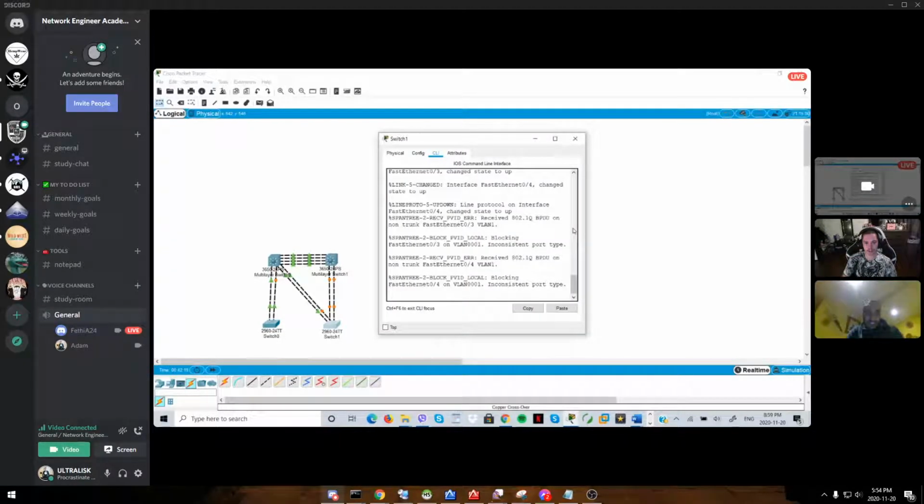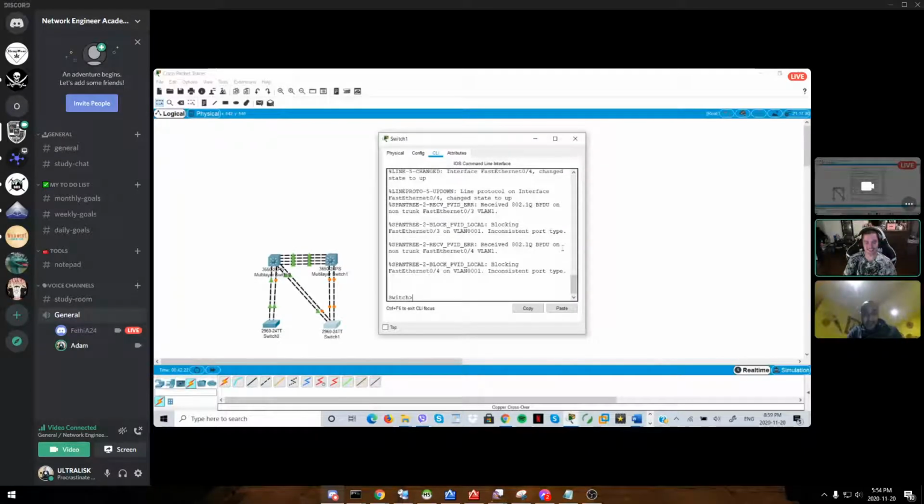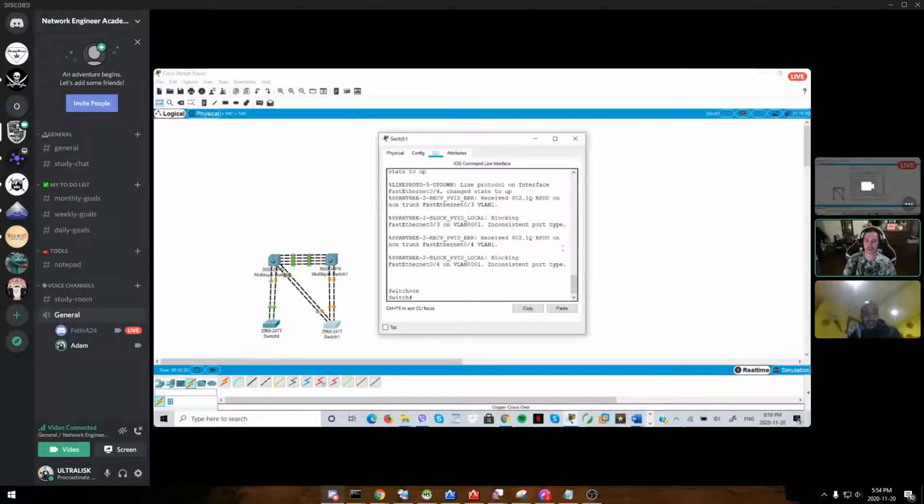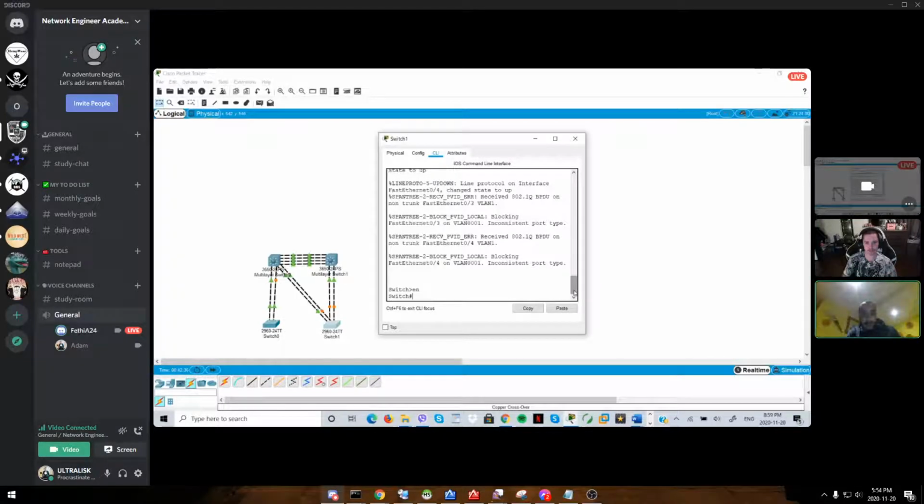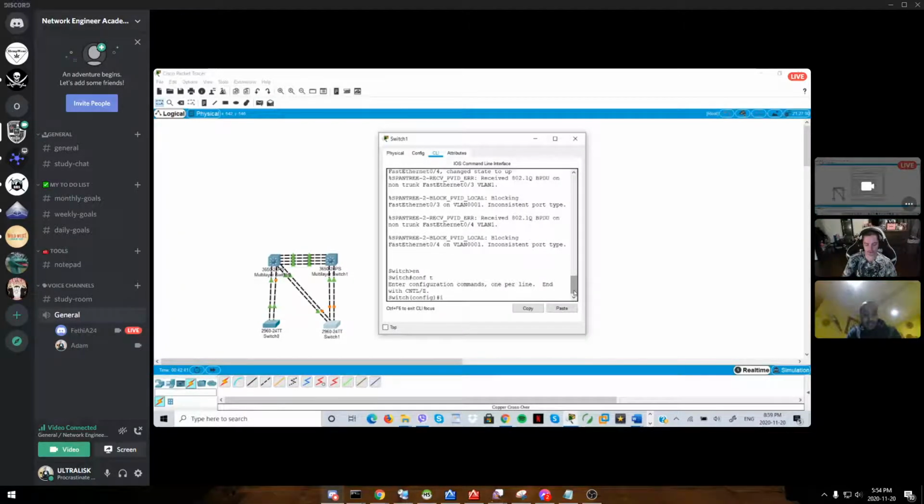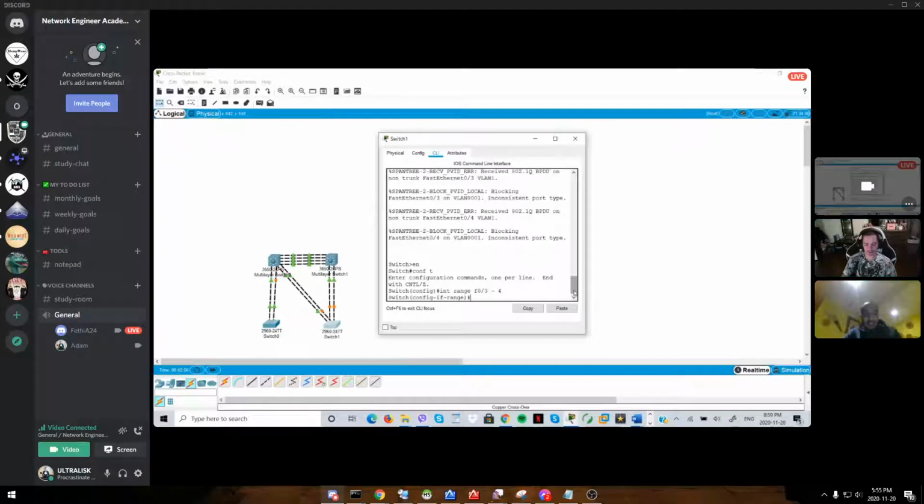Yep, the same messages. And now I understand why. So if I remember correctly, we used ports 3 and 4 on this one, and they were Fast Ethernet. So we're going to go into configure terminal, and then we'll do interface range fa 3 to 4. I think that's right. Yeah, it's got to be. Okay. And here, type in switchport trunk encapsulation dot1q,